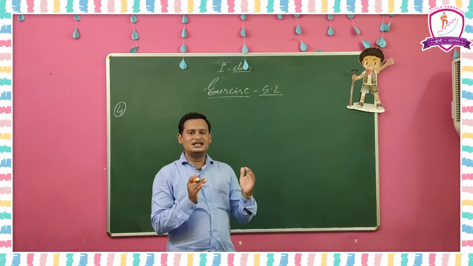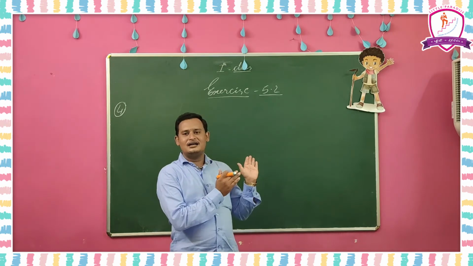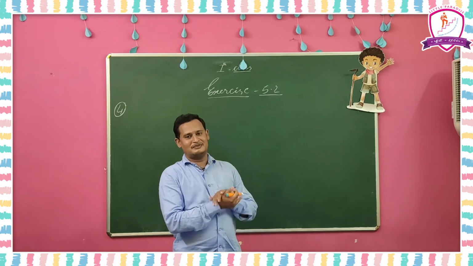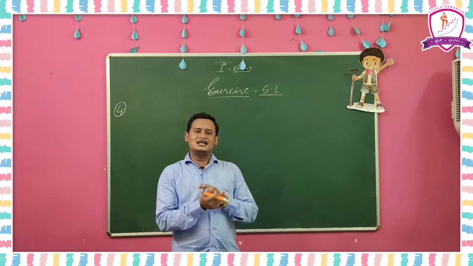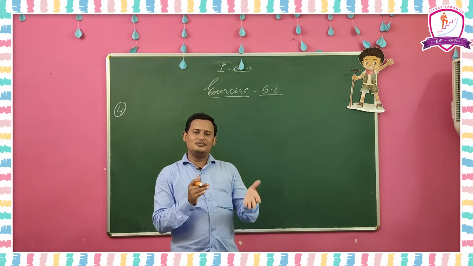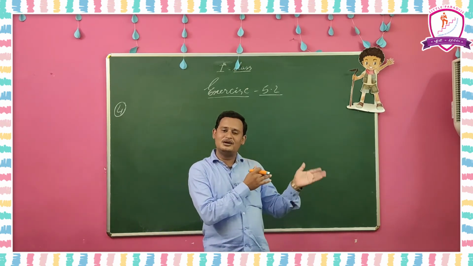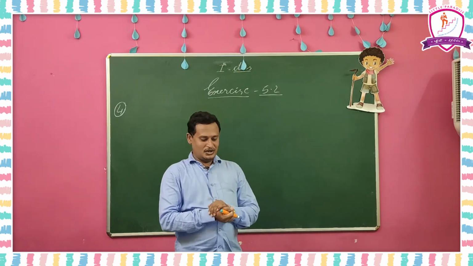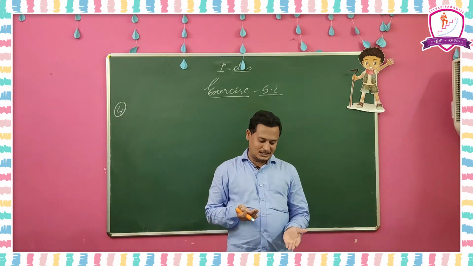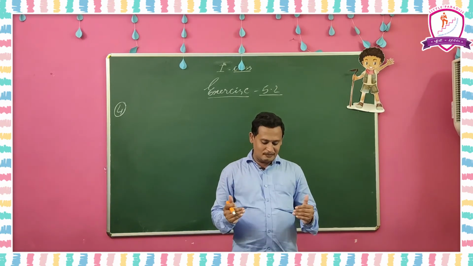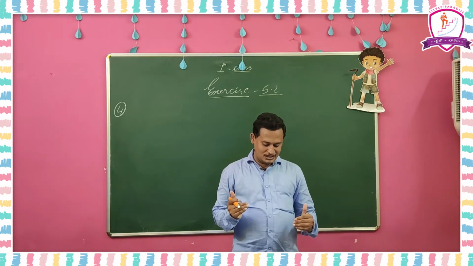If two angles are a linear pair of angles, then those two angles are also called supplementary angles. Why? Because the sum of the two linear pair of angles is equal to 180 degrees. That's why a linear pair of angles can be called supplementary angles also. So we have to find the supplement for this. Supplement, we already completed in the third Roman, so the same model you have to use there also.